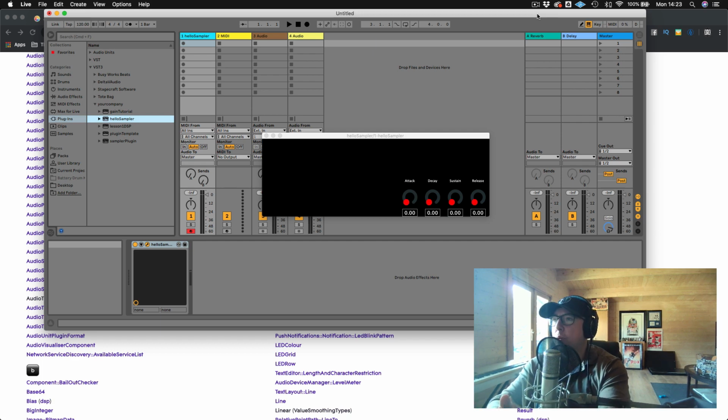And in this tutorial, what we're going to do is talk a little bit about how to set up sliders using the slider class and also how to label them properly using the label class. So we're working on our sampler at the moment. As you can see, this is what the finished product looks like. At the moment, the dials aren't actually attached to anything. So this is just a beginner's tutorial for people that are looking to learn how to actually draw these dials